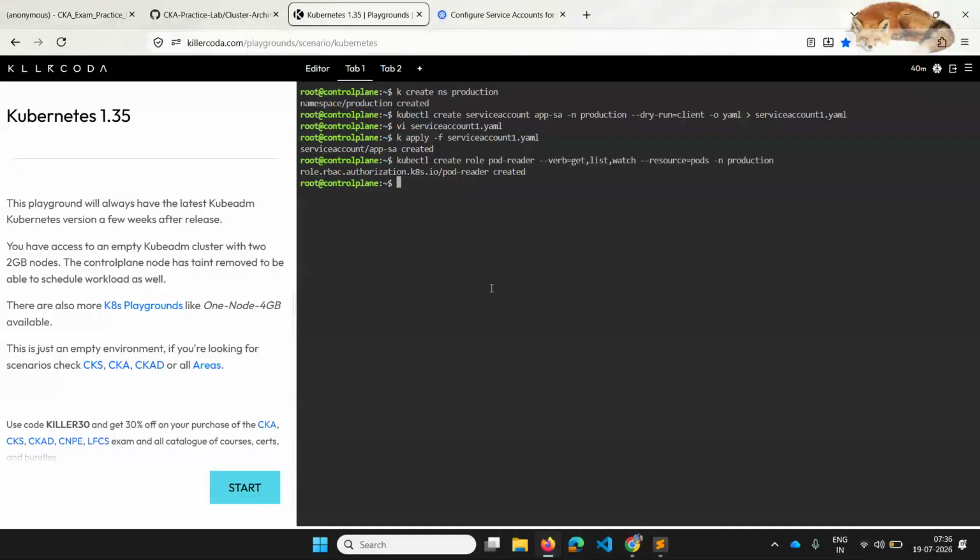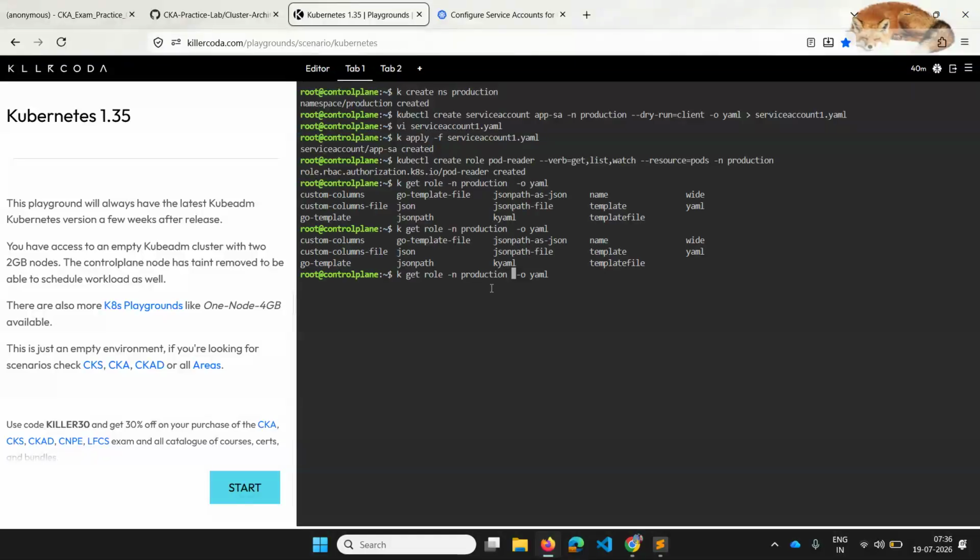If you want, you can always use hyphen dry run client and look at the YAML file. Or I'll do get role hyphen o YAML in the namespace of production.